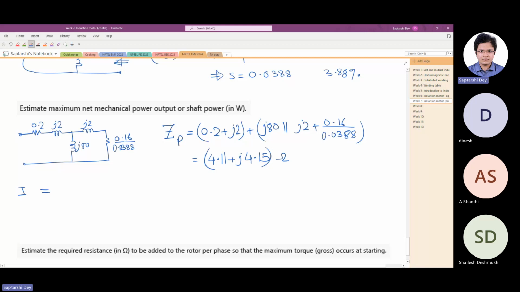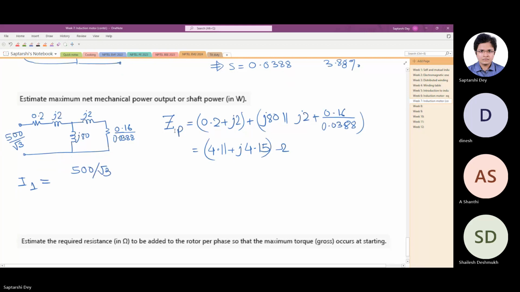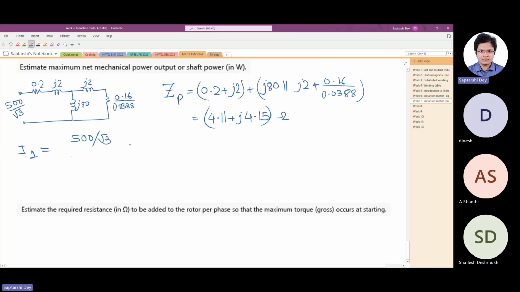This will come. Solution is there. So the stator current that you will get is, supply voltage is 500 volt line voltage. So 3 divided by, which comes out